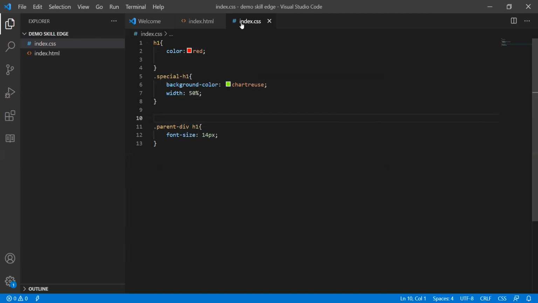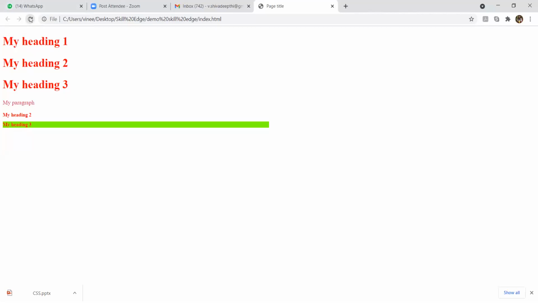Now let us see the output of this, how this is being applied. So this is the output we have got here for the parent child. Did I save this?